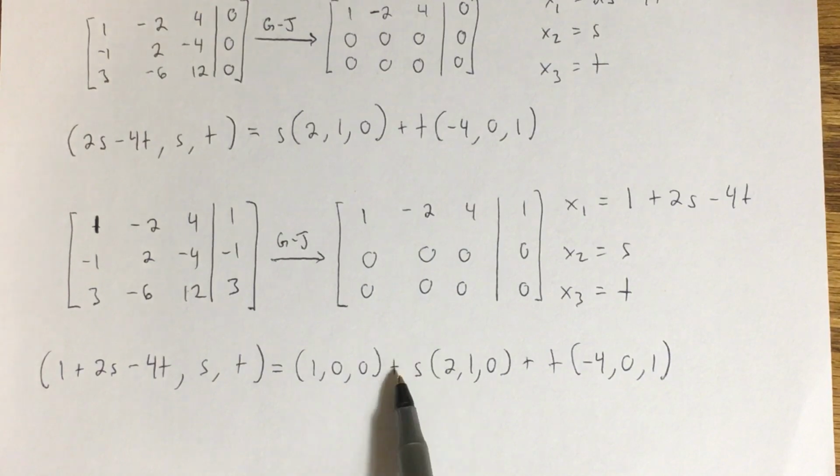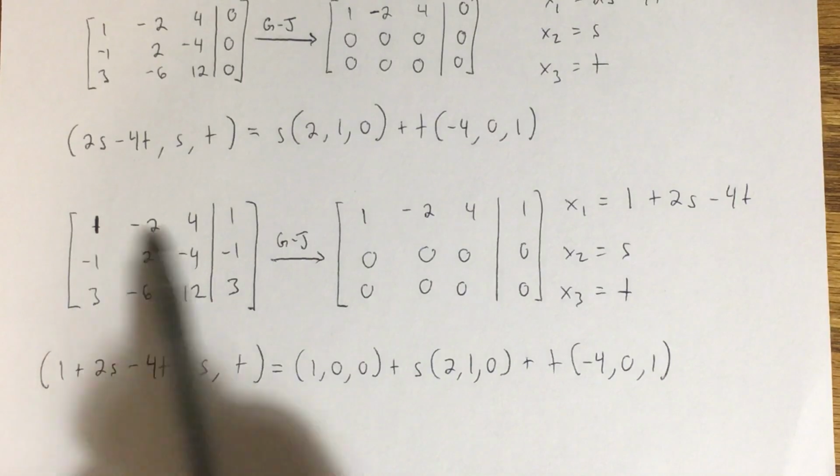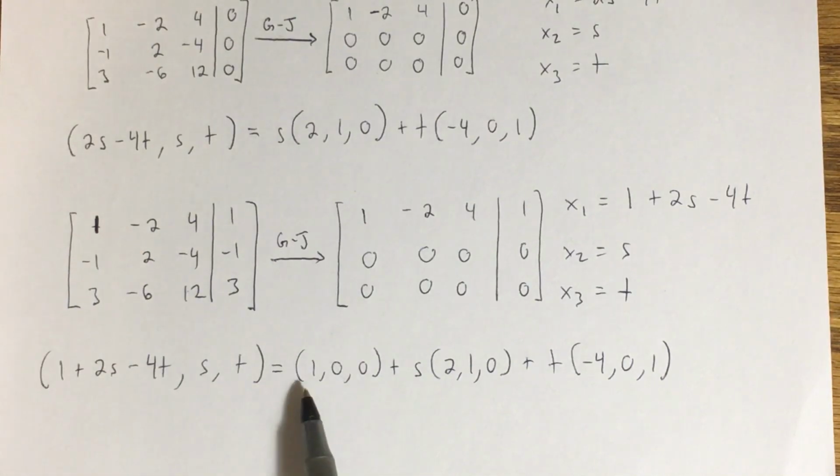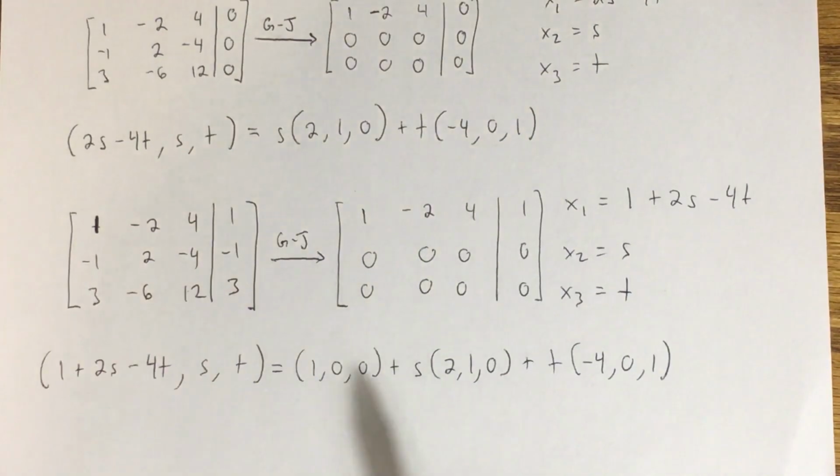But in this case, I'm also adding this additional vector, and this vector turns out to be a specific solution to the original system of equations. You can verify that by writing this as a system of equations and plugging in 1, 0, 0 to see that it works. Okay? It should be fairly straightforward to check that. So